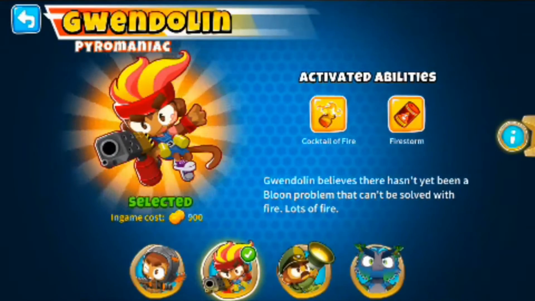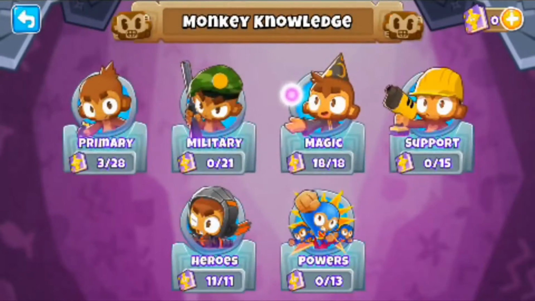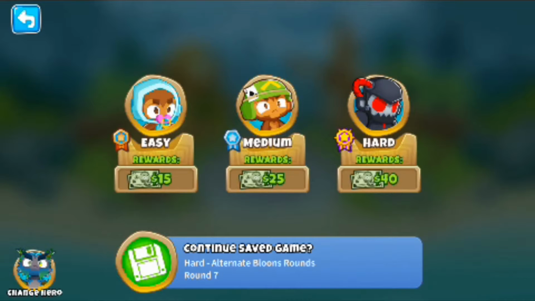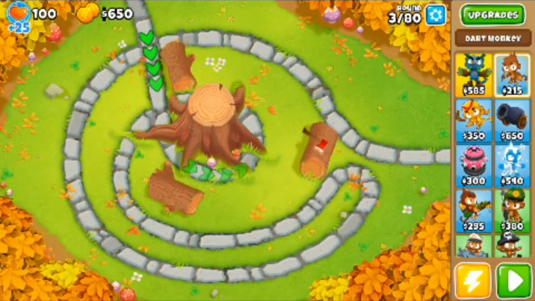In this episode I'm going to be trying to beat a track on hard but using the alternate rounds, which I don't know exactly what that means, and I'll be showing you guys my monkey knowledge at the end of the episode. But the alternate balloons rounds, I don't know exactly what it means, but I'm pretty sure it just adds camo and regrow and lead and stuff into rounds that it usually isn't, or they're just completely